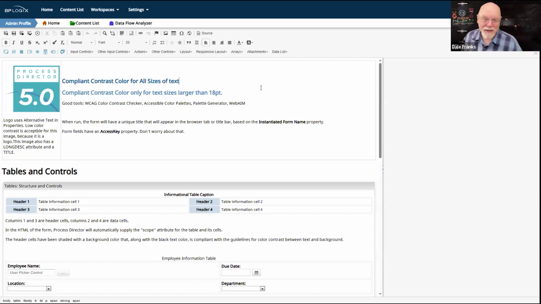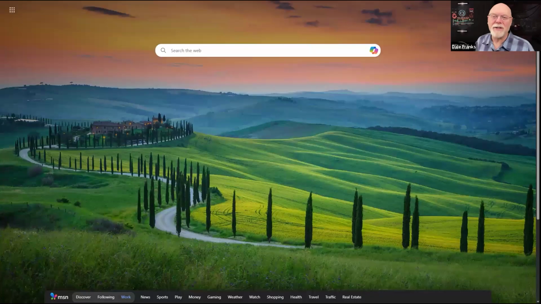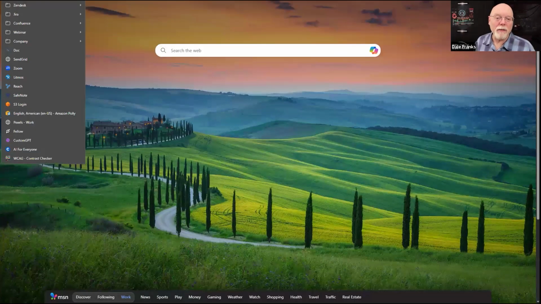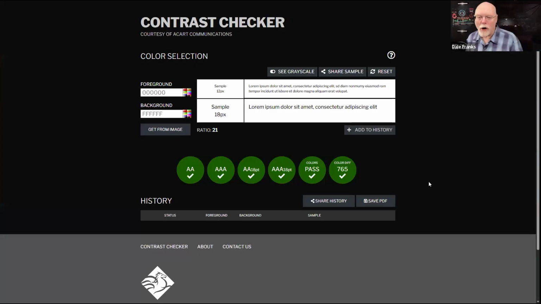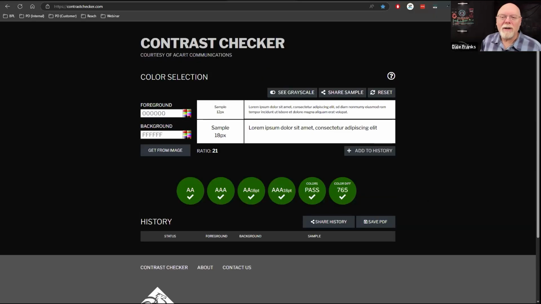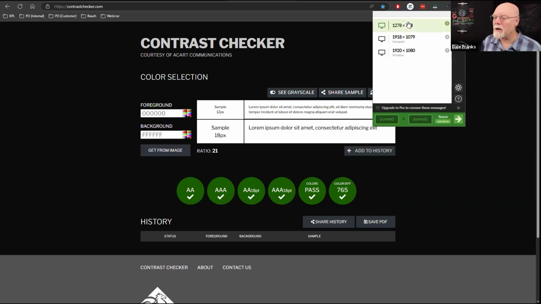I think most of us would not know, just looking at something, whether it was a 4.5 to 1 contrast ratio. So happily, there are tools that assist us with this. My personal favorite, I really like it because it is so cool, and it also tells you what level of compliance you're reaching, is this tool here. It is at contrastchecker.com. In fact, let me make my screen a little smaller so you can actually see. That's the URL, contrastchecker.com.